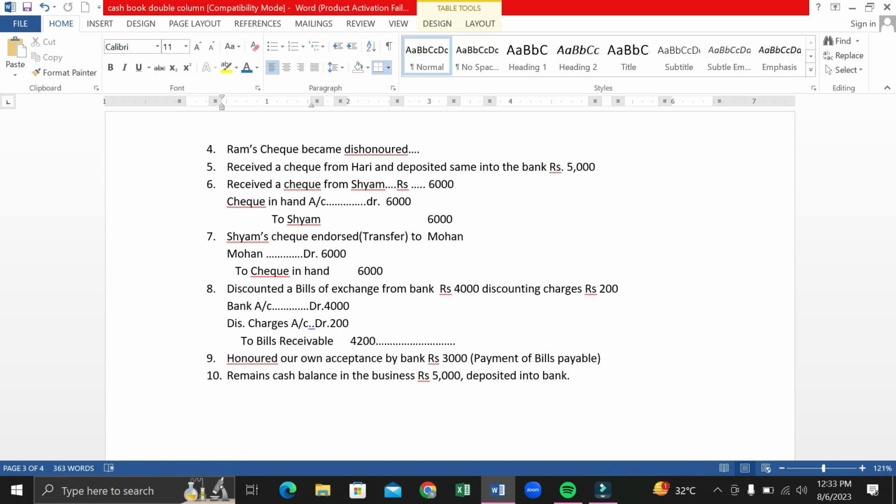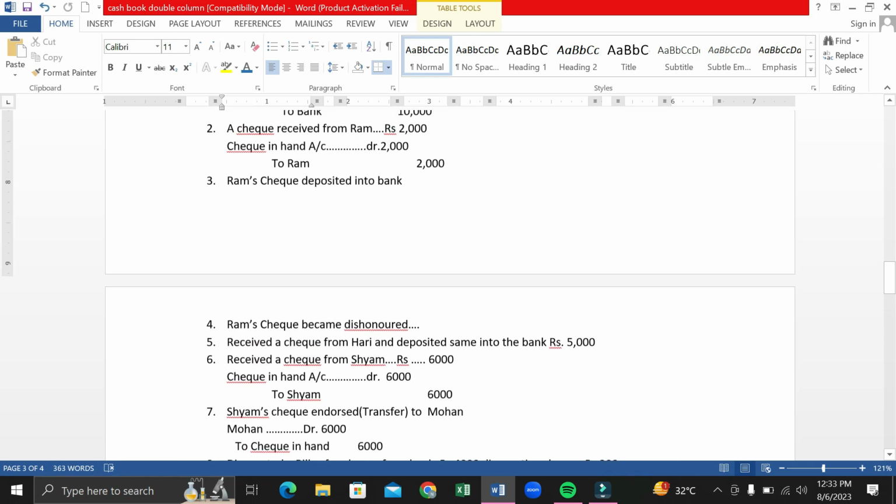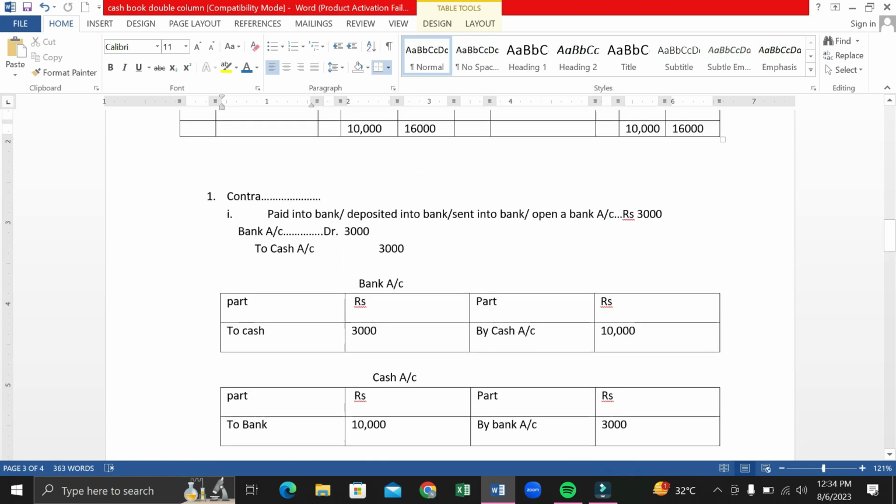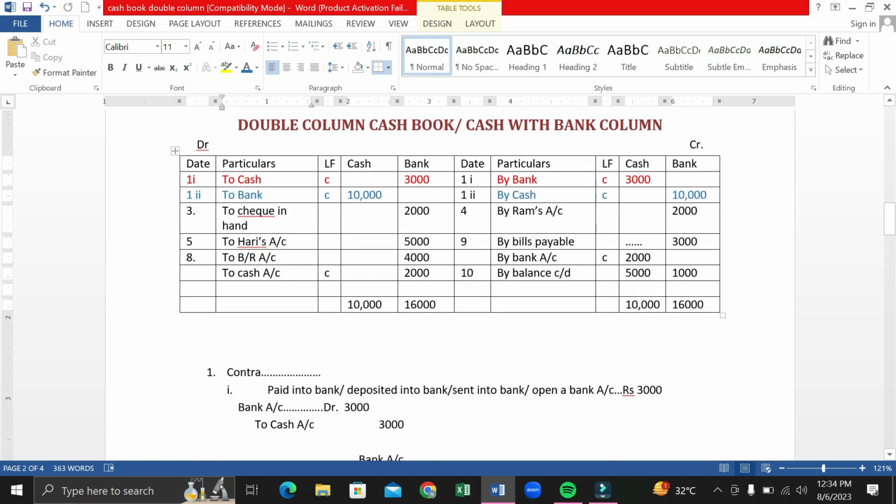This is being told only to explain; write the journal entry. In exams, or when you attempt questions, you do not need to write this entry. Its effect will be shown only and only in your cash book. So we will write in the debit side as to bill receivable account and 4,000 will be transferred in a bank column. Now the next is